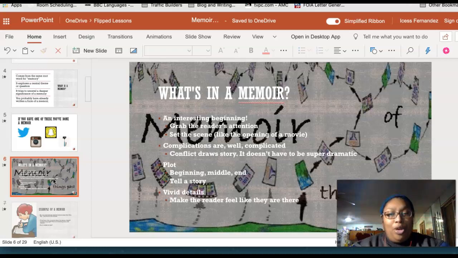So you want to grab the reader's attention and you want to set the scene. Think of it like an opening of a movie. Think of your favorite movie and what are the things that they're doing in that movie to get you, the viewer, into that world. So back to the example of the Publishers Clearinghouse and the check. Maybe you're at school, one can hope. Maybe you're at work and you want to set the scene. Maybe you work at a grocery store and you want to set the scene.